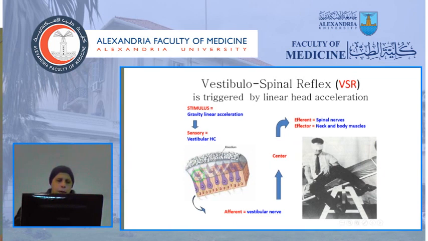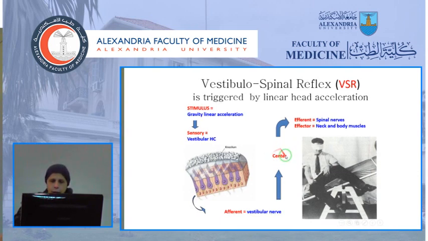Motion towards the kinocilium will make an increase in the firing rate. Motion away from the kinocilium will decrease the firing rate. Now, the increase or decrease of the firing rate will convey its pulses to the efferent, which is the vestibular nerve. And again, the vestibular nerve will go into the center in the brainstem,